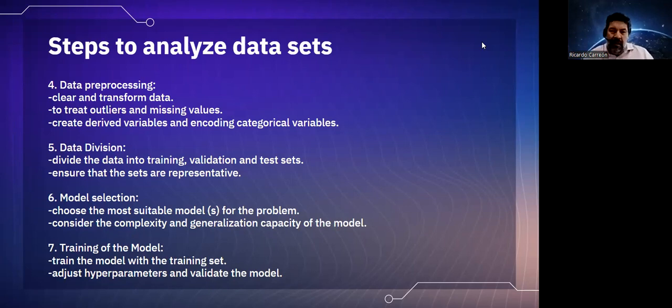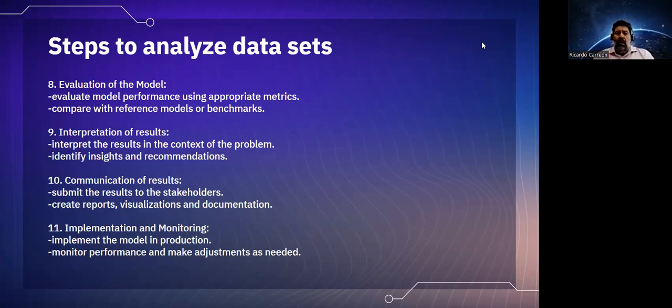It's a dialogue, as many of us are accustomed to when working with ChatGPT, but the reality is that when you do the data analysis, the dialogue between you and ChatGPT becomes a little bit more interactive, because it does some of the processes step by step. You're normally asking your prompt to do it step by step, and then it validates some of the things. Then it trains the model, and then performs the model. Evaluates the model, makes an interpretation of the results, communicates the results,